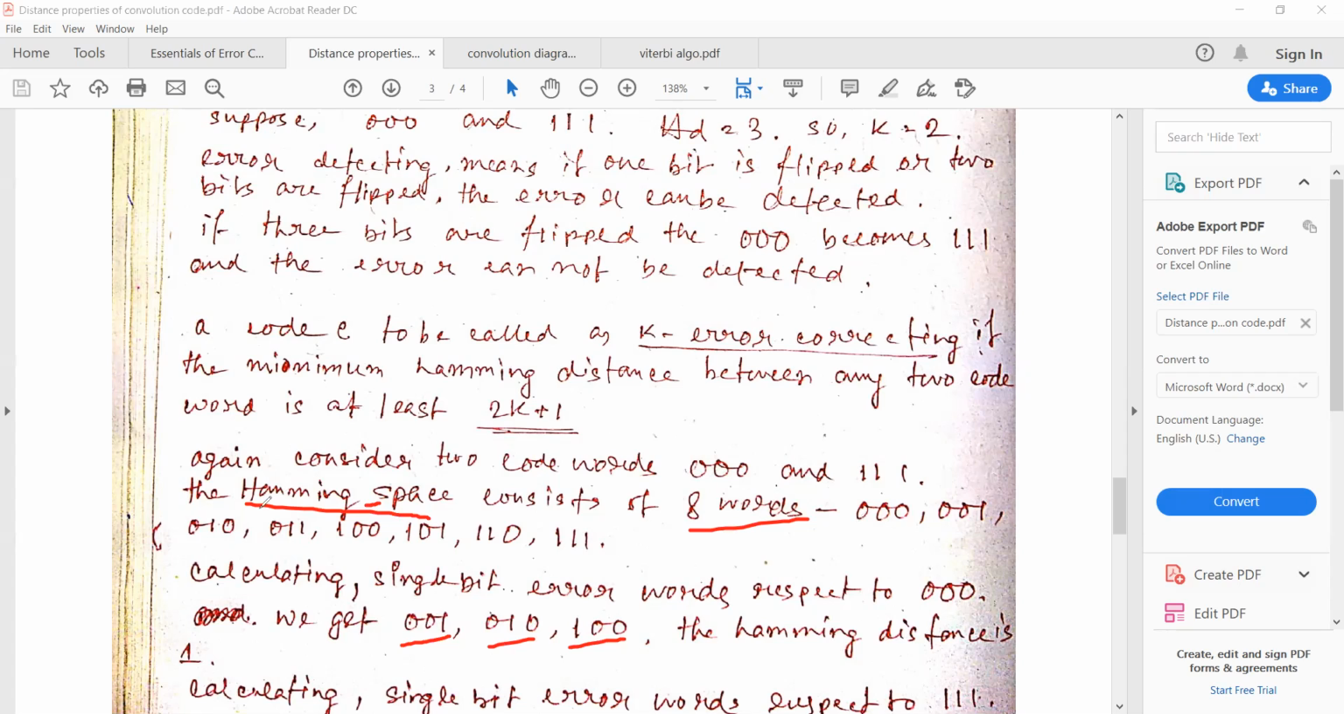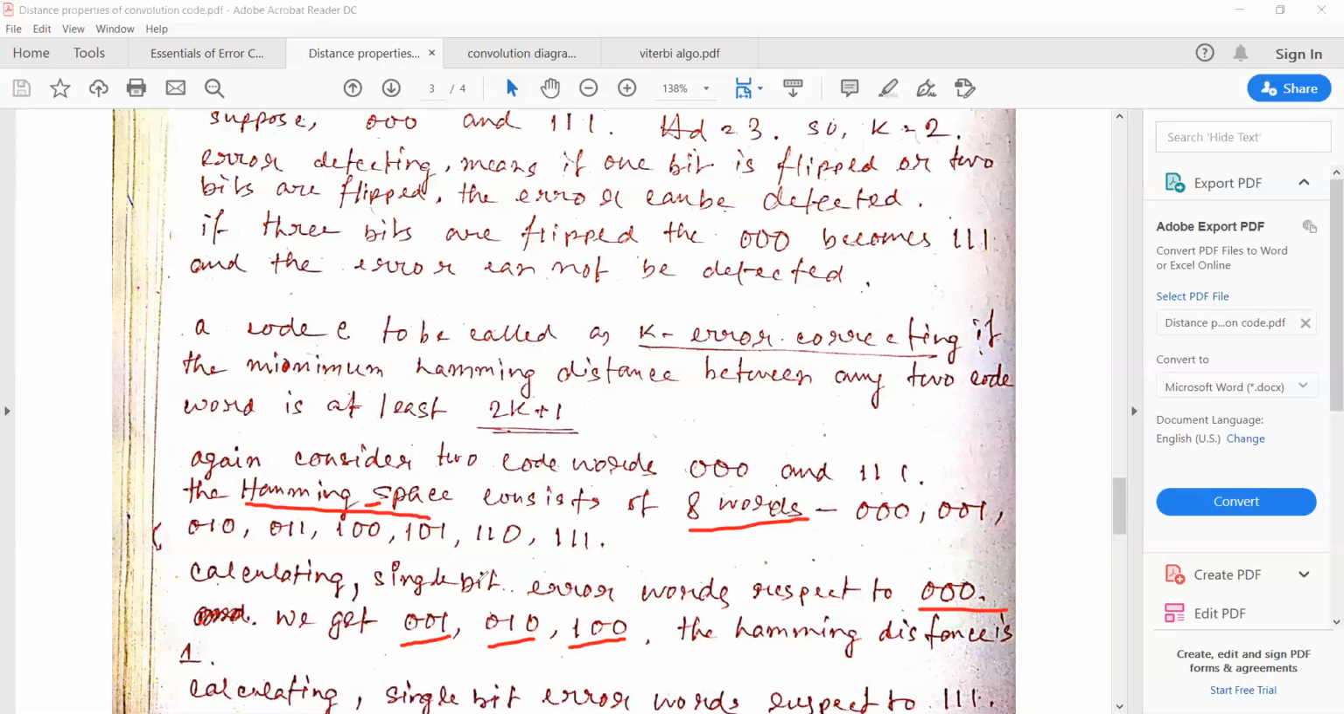Okay. So this is the Hamming space. In the Hamming space, there are 8 possible words, and from the 8 possible words, I'm taking single bit error words. Okay. Why are these called single bit error words? Because when I'm considering 0, 0, 0 and taking these examples 0, 0, 1, 0, 1,